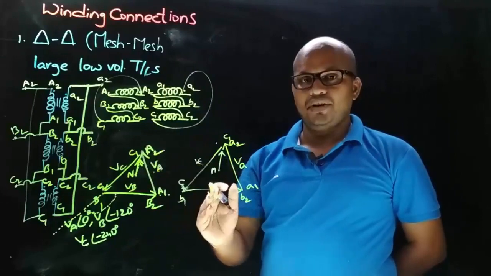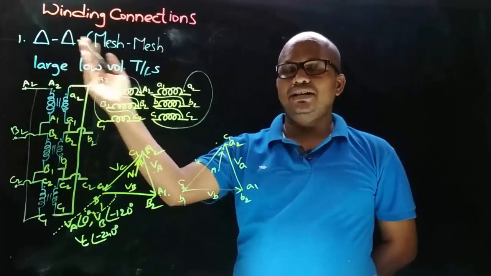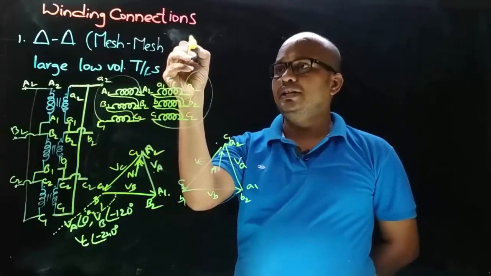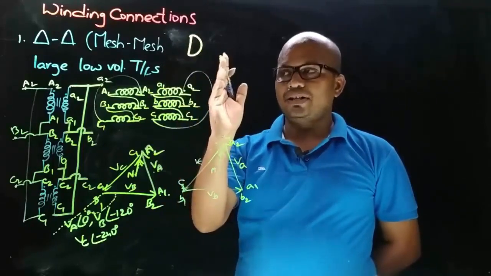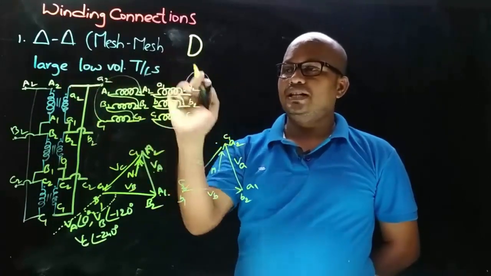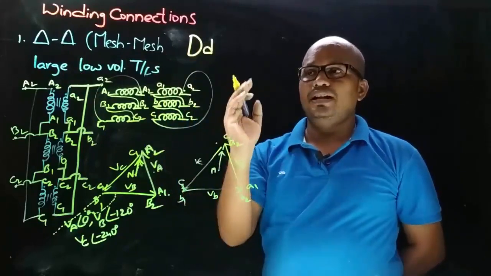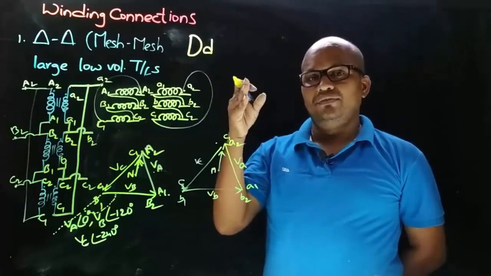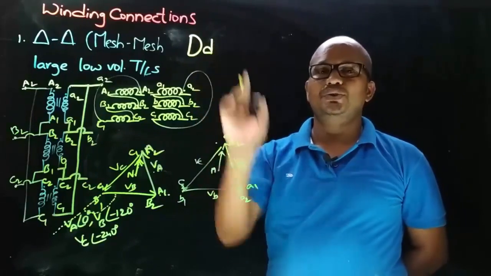So with these phasor diagrams of the delta-delta connection, first let's observe the vector group. Here on the primary side the connection is delta, which is represented with a capital letter, so it is capital D, and the second letter is lowercase, and here the secondary is also delta connected, so that will be small d. And the third is a numerical which will represent the LV side phase displacement with respect to the primary side. So now let's decide the third position numerical.